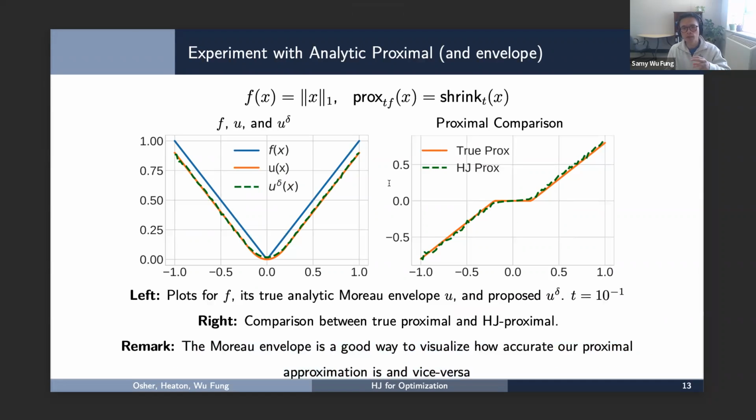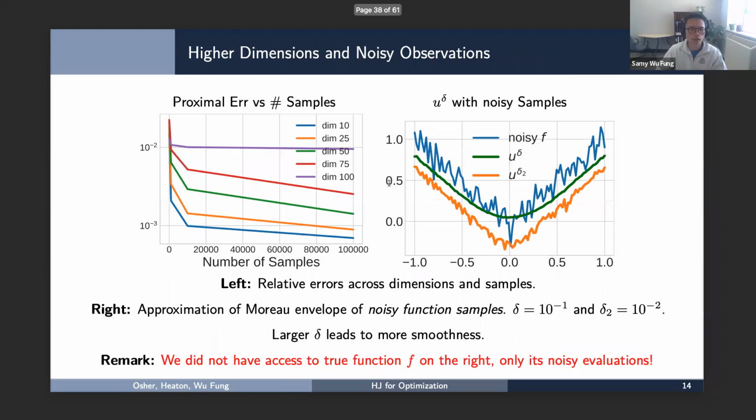Now, what we want to do is see how well it does in higher dimensions, how many samples I need, and how large delta should be. On the left here, let's forget about the right image for a second. All I'm doing is, again, I have this analytic formula for the proximal of the L1 norm, and I'm going to try this for different dimensions. Each of these lines indicates a different dimension. As you can see, the blue line is 10 dimensions. As you increase the dimensions, the accuracy